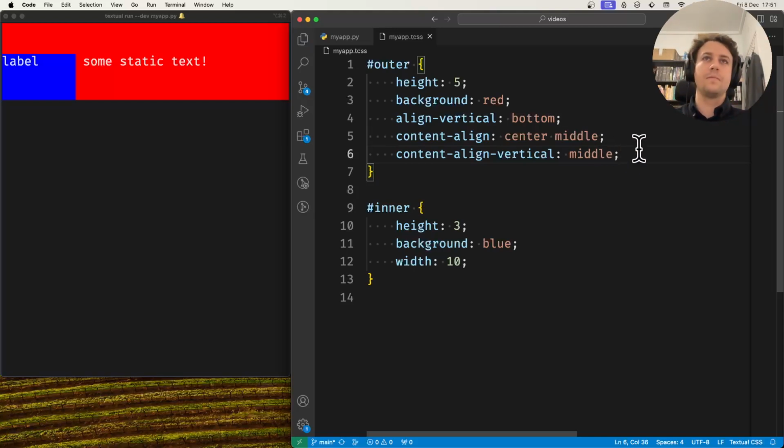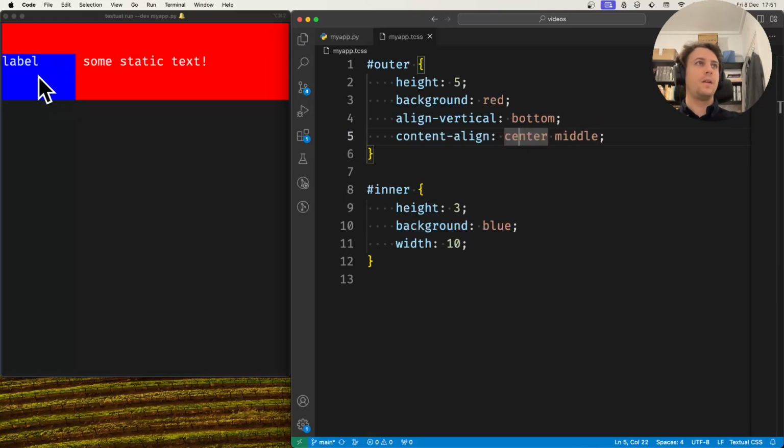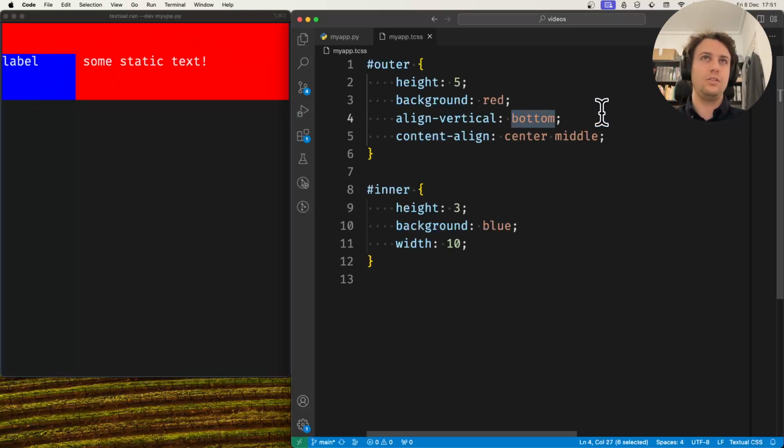When I change the content alignment of the static, what I'm saying is the text of the static should move. Notice how the label itself obviously didn't move, because the label isn't the content of the static, it's a child. If I change these to middle, then the label goes to the middle. Let's leave it there, and now I can go to the label and change its